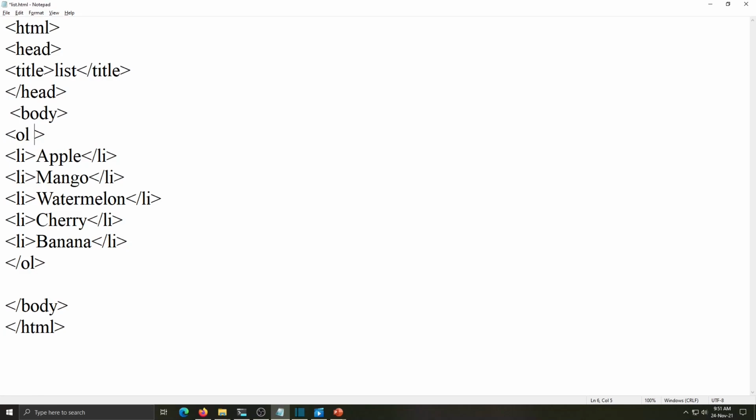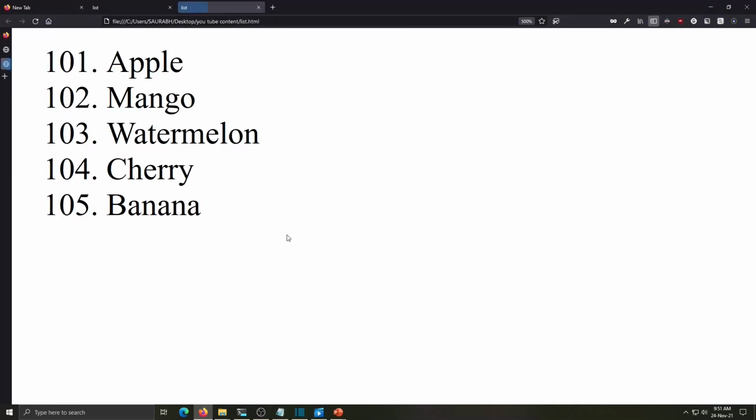So here the OL tag attribute, that is start, is equal to a value. I want to see these numbers from 101. So I will save this work and go to the browser, refresh. See, my list is starting from 101. That's it.